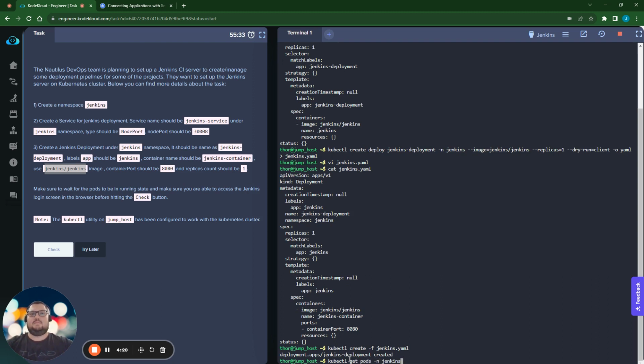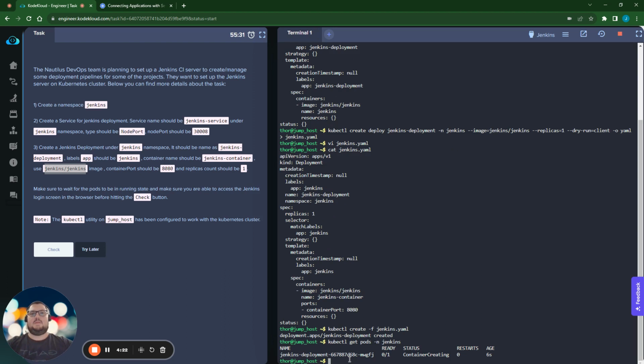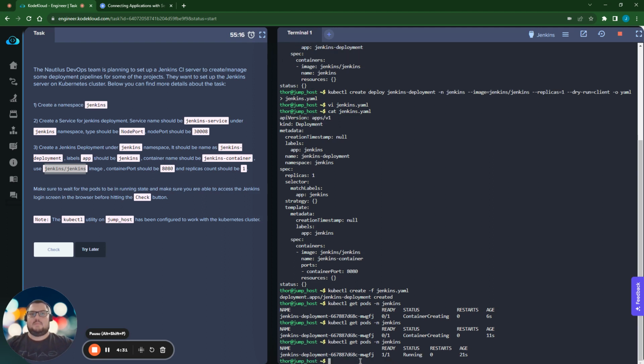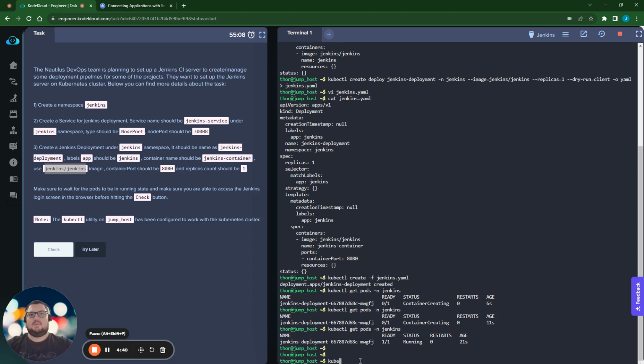Let's check. It's in creating stage. Okay, it's running. So now we need to create this service. Easiest way to do it is